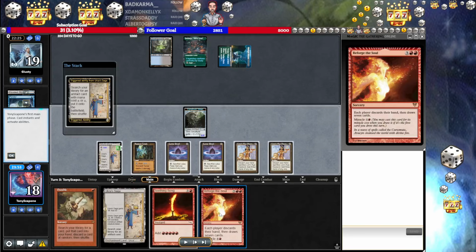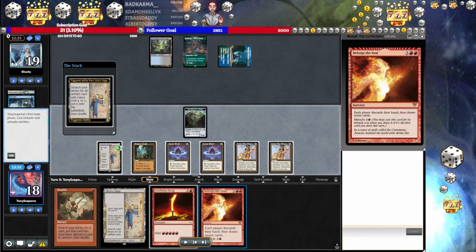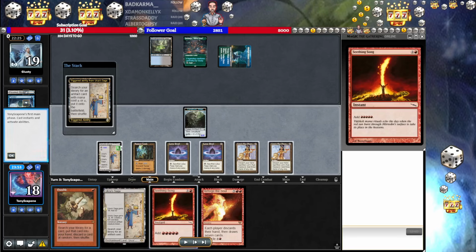Oh, so there was a Reforge off the top. I decided not to cast it, just because we have so much gas in our hand. Like, casting the Seething Song from hand and casting it is kind of the same as casting it off of the top and discarding our Seething Song, except it's worse because we do have other cards as well. So I just held on to it. Now,